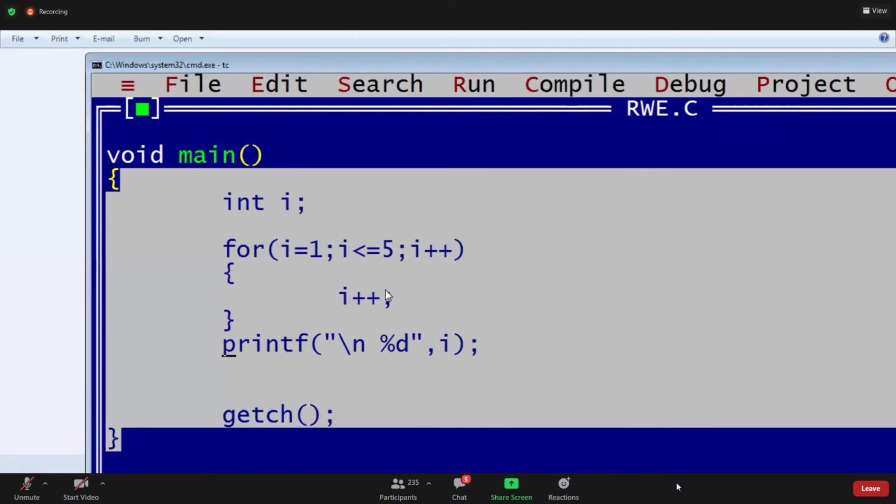Write this and tell me the answer for this. 7 or 6, guys?